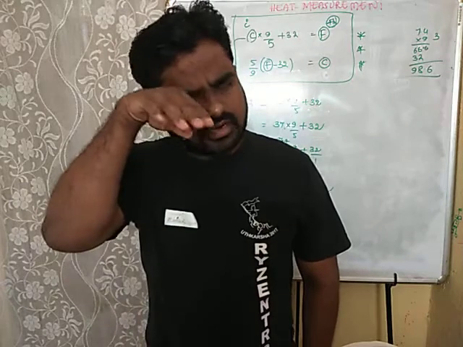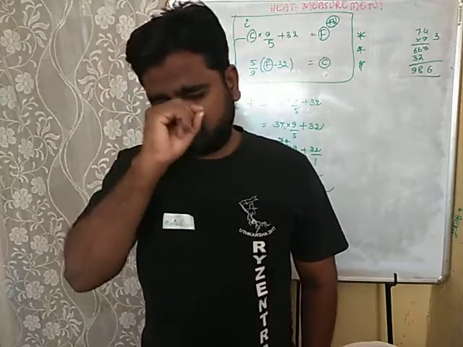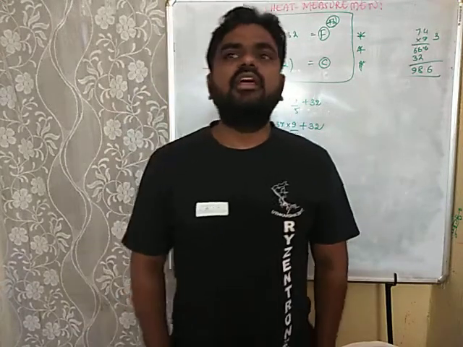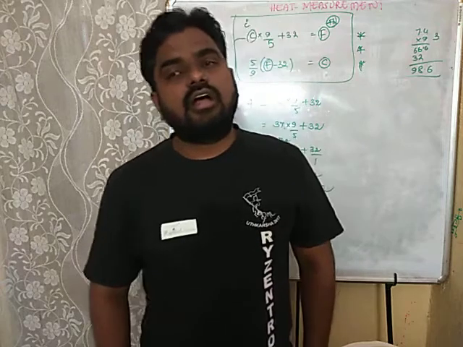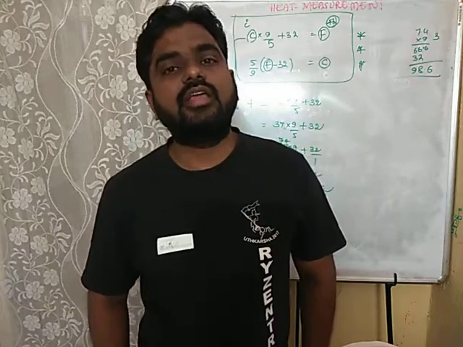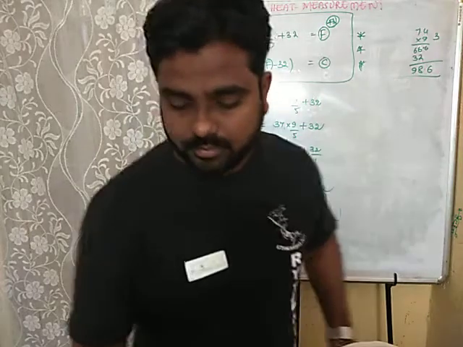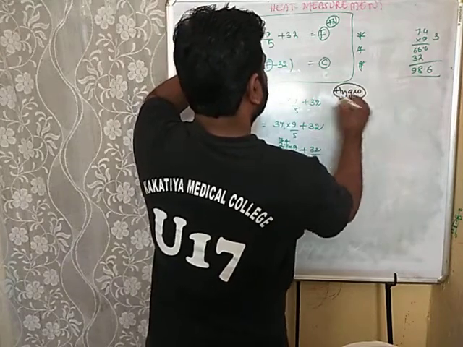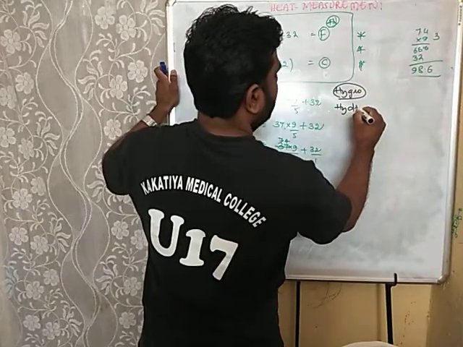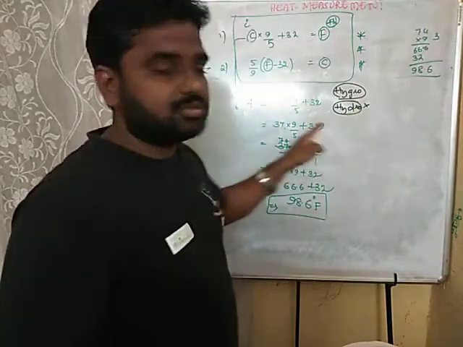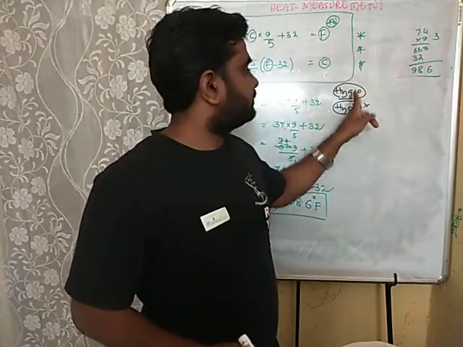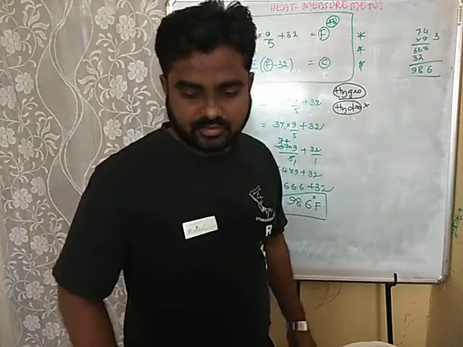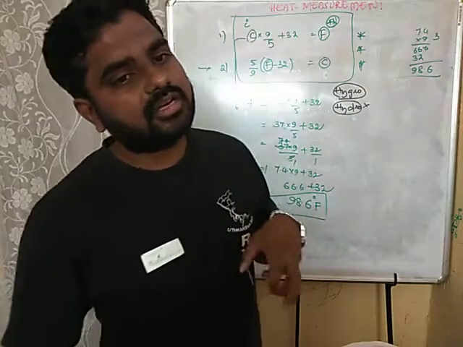And one more thing I want to give you, as temperature has come: another word, humidity, isn't it? The amount of water vapor present in air is called humidity. With what device is this humidity measured? That is the hygrometer. Remember, hygrometer, H-Y-G-R. Remember, there is a lot of difference between hygro and hydro. The hydrometer is used to find out the density of liquids, whereas the hygrometer is used to measure the humidity of a particular place.